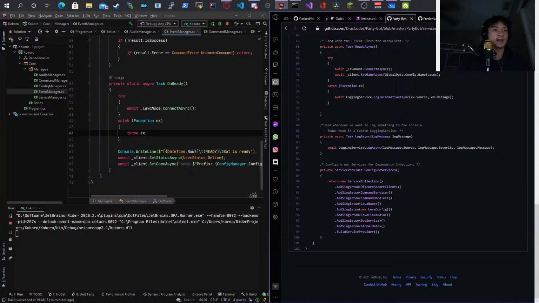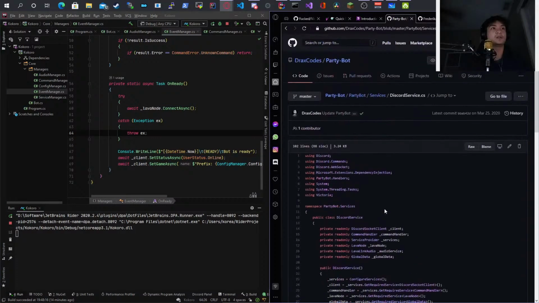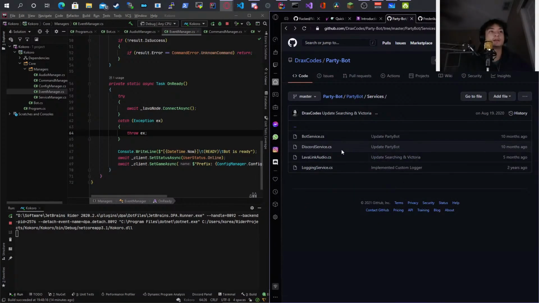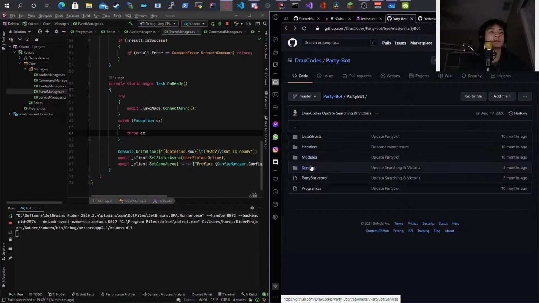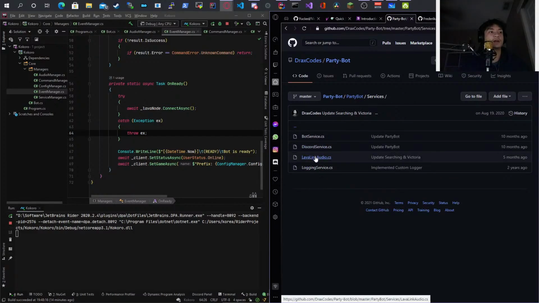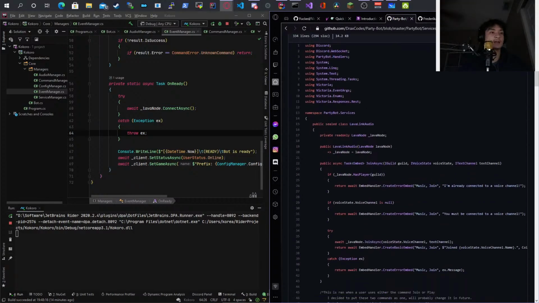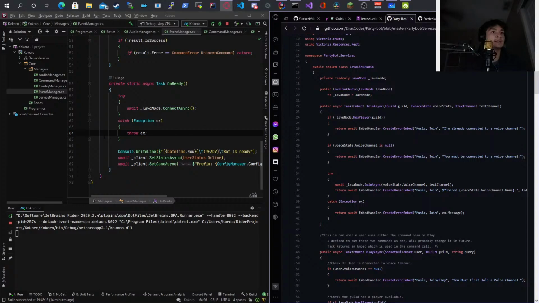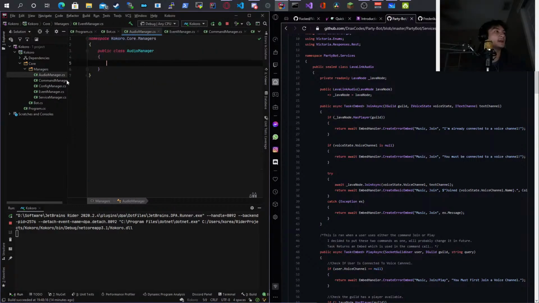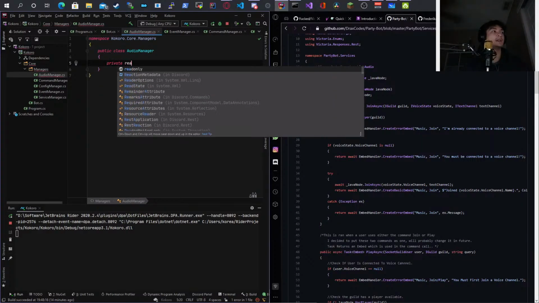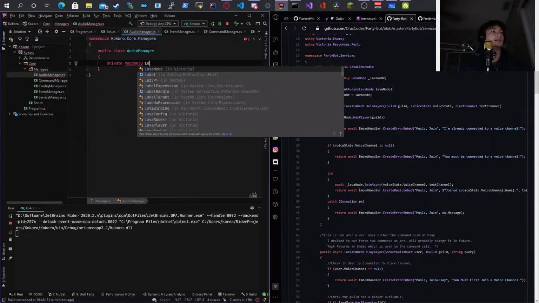Okay, so I did that. It looks like he added lava config, but this is an older version from what I remember. Models. There's audio models. Service. I want Lavalink audio. Okay. So we did that. So I did all of that now. So I can go back to here. Okay. So from here, I need to do a private read only lava node.